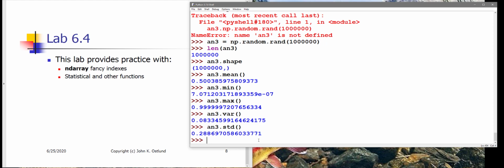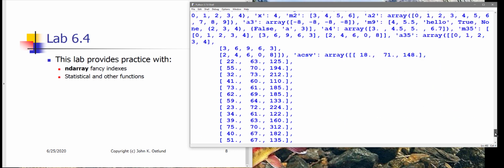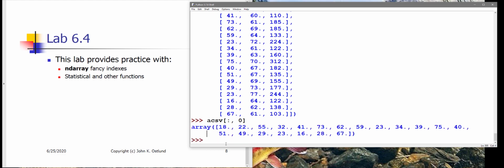Now I have forgotten my variable names, but all is not lost because of course I can ask to see vars, and my medical data from my doctor's office is in this variable ACSV. I wanted to do a couple of examples with this data. ACSV. This is my age, height, weight data. And I can do statistical analyses on these columns. I can say ACSV sub, well, to get column sub 0, which is the ages, I want all of the rows and then column sub 0. All right, so that's going to be my ND array of ages,